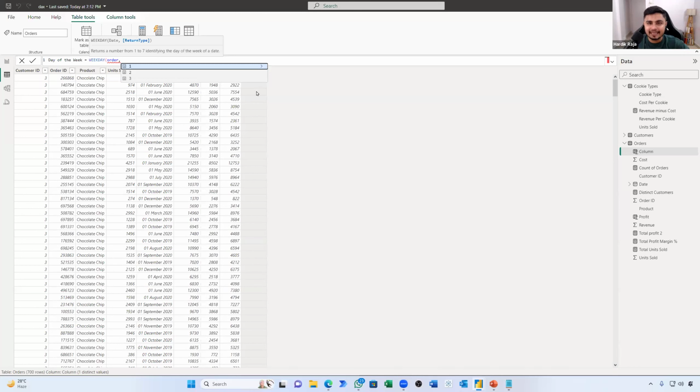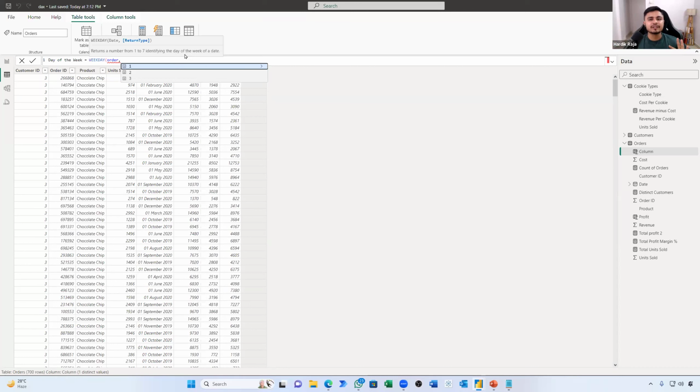So it's telling us that if you go with the first option, and you see, let's say, 1, that means it's the start of the week. So 1 means Sunday, starting with Sunday and ending on Saturday. So 1 means Sunday, 2 means Monday, 3 means Tuesday, 4 means Wednesday, 5 means Thursday, 6 means Friday, and 7, the last thing, means Saturday.